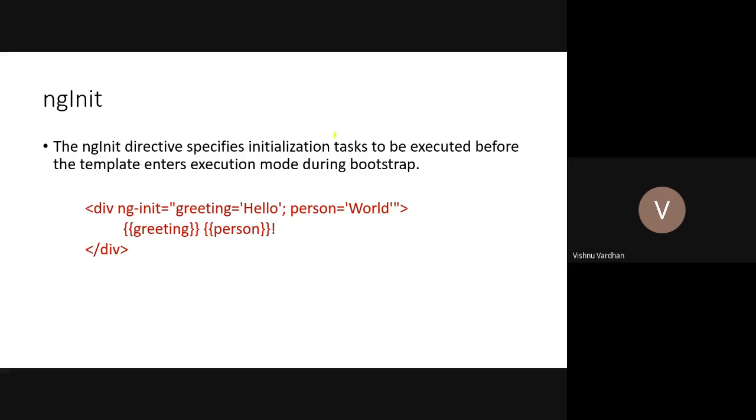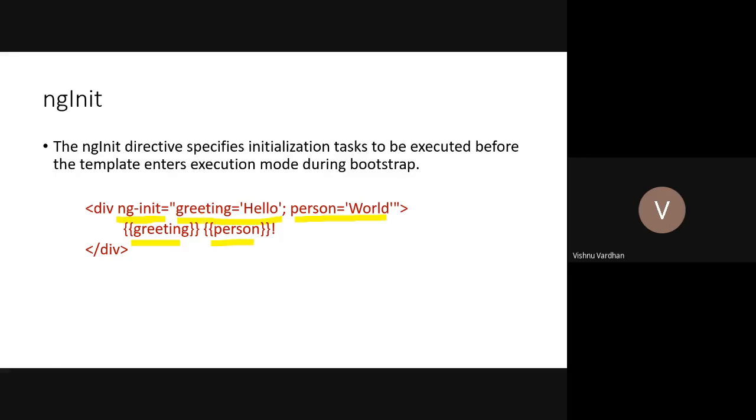Similar is the case with AngularJS, where with this directive, the nginit, you are going to initialize the greeting value as hello, and person value as world. So we are initializing two properties. These two properties are getting initialized in the nginit, and by default, when the particular AngularJS is getting loaded in the browser, it will display hello world only,